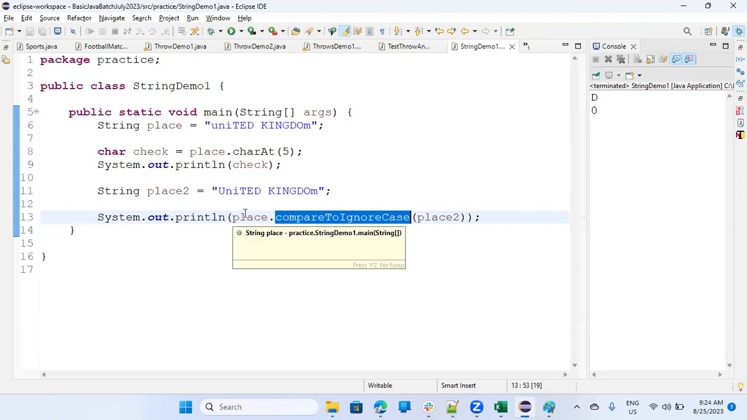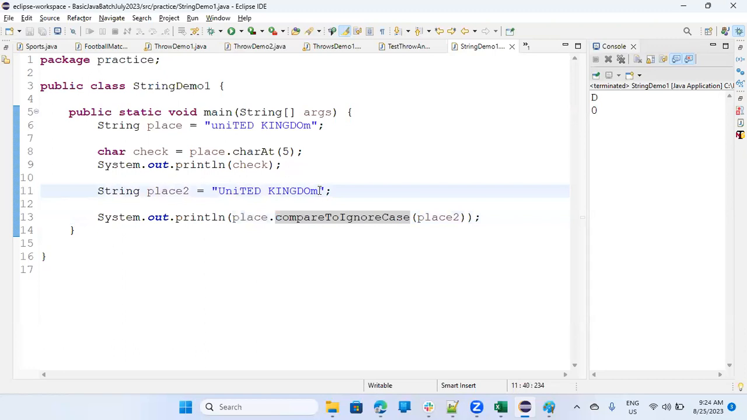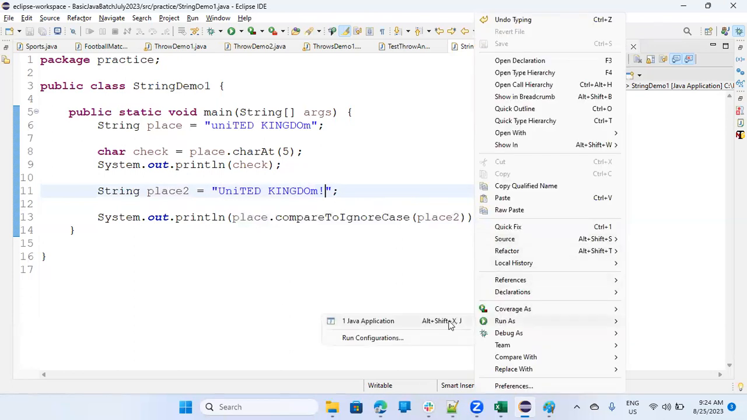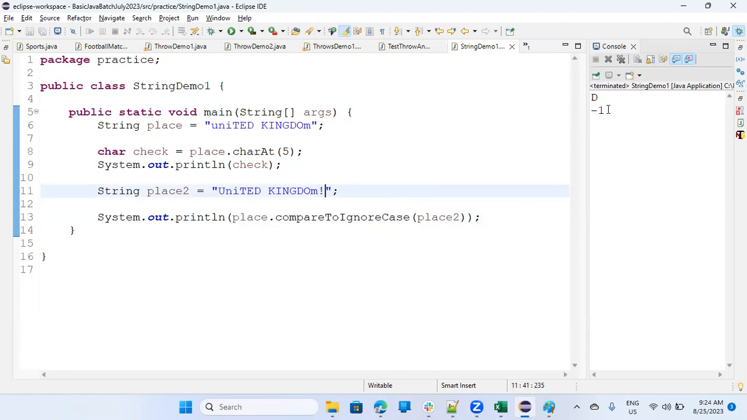So when you want to compare two strings with different case, it will work. It's like this. But what will happen if I say United Kingdom and I put some exclamation mark at the end? Now, if I run this, both strings are different. It's not the same. So it's saying -1. -1 means both are not matching when you say compare to ignore case. But let's see